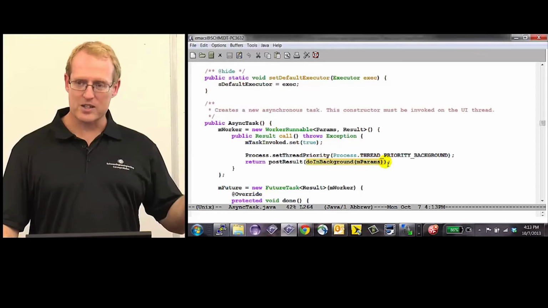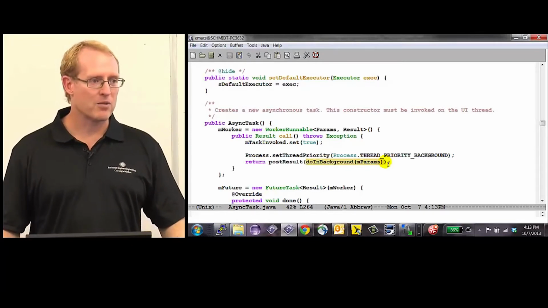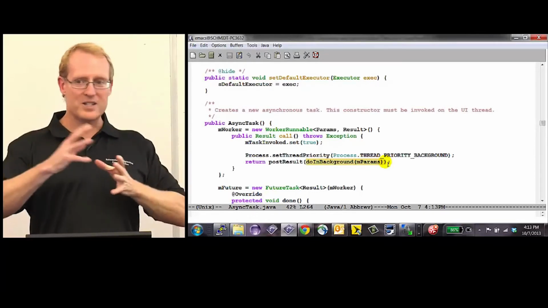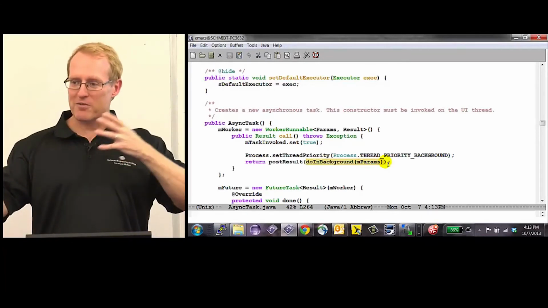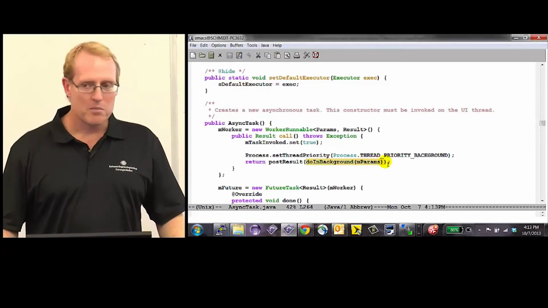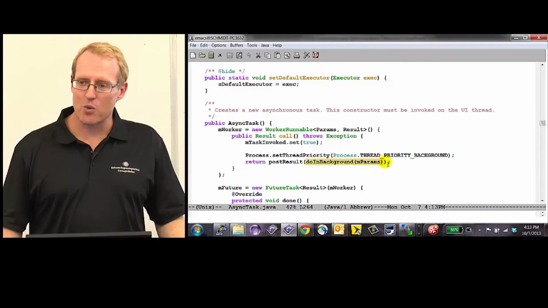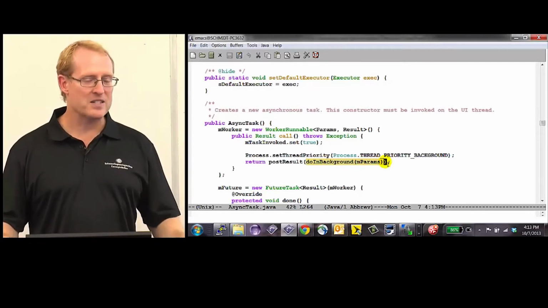And then when it's done, it's going to post the result back to the main thread. So it's almost like watching a game of Pong or a game of tennis. Things are going back and forth through these queues. But the key point is under the hood, it's all working as a result of the half-sync, half-async pattern, where